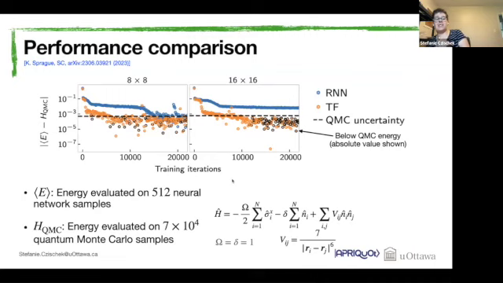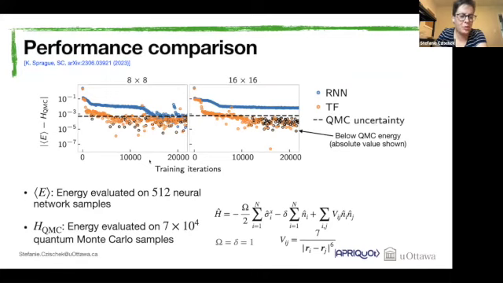Okay, so let's take a look at how all this performs. So let's compare the performance of recurrent neural networks and the transformer when representing or finding this ground state representation of our Rydberg system. So we still look at a 2D Rydberg system. We have 8x8 atoms or 16x16 atoms on the left and on the right. And we just fix the parameters in the Hamiltonian to some values. I think they drive us pretty close to one of these phase transitions between the disordered phase and the striated phase. So we are pretty much in the critical regime here.